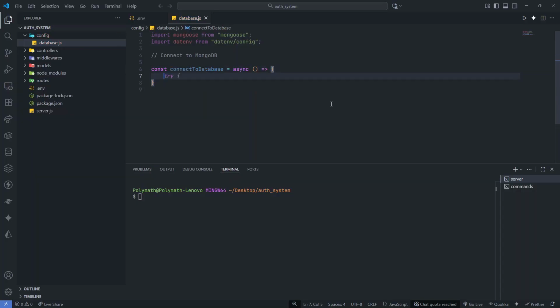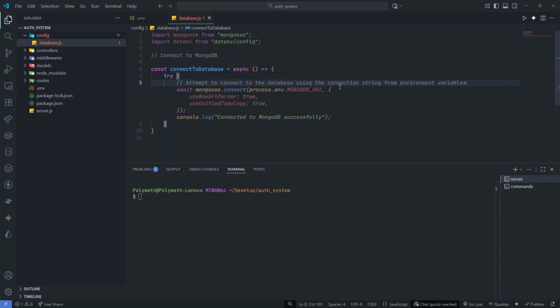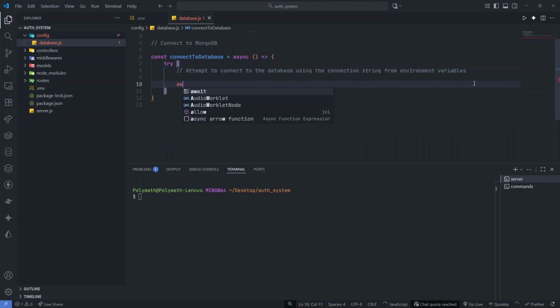So because we are going to connect to a particular server or the database, we would have to await until the server responds to us. Now when we write, I'm going to wrap this in a try catch block. So first of all, now that we have our async function running, first thing we're going to do is attempt to connect to the database using the connection string from the environment variable. So we would await